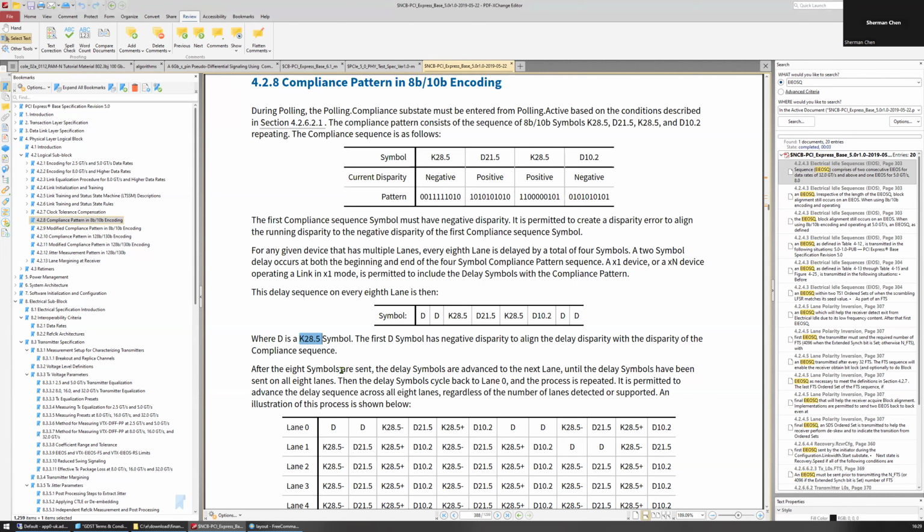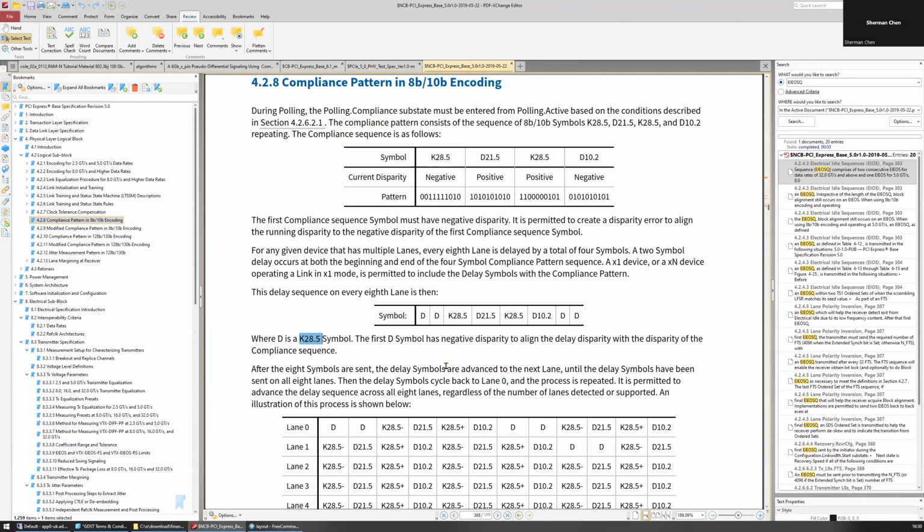However, as we just showed, there are two K28.5 symbols. So which symbol should be chosen as the delay symbol? That will depend on the current disparity. Basically, if the current disparity is 1, then this delay symbol will be chosen to be the negative disparity K28.5